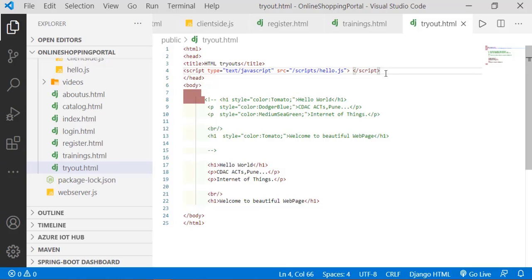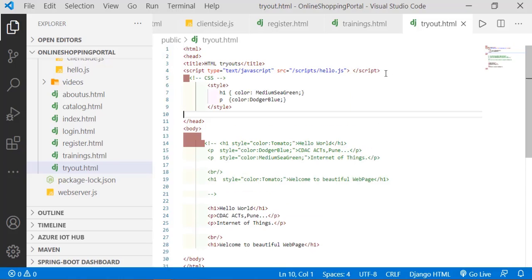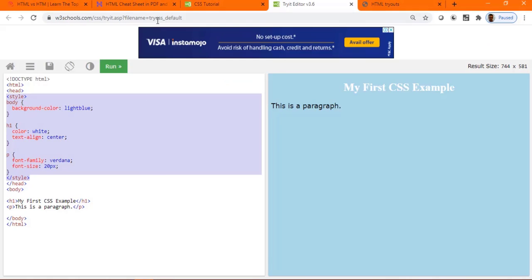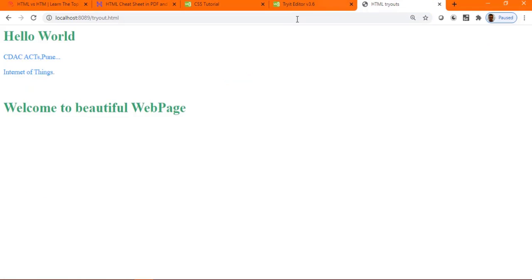See, it's working. It's a best practice to use proper indentation. Can I see the output? Yes, working.